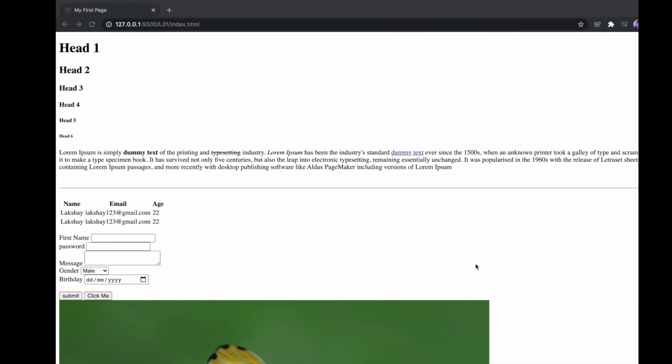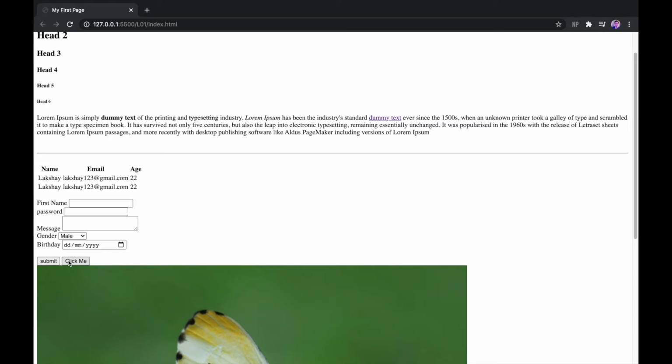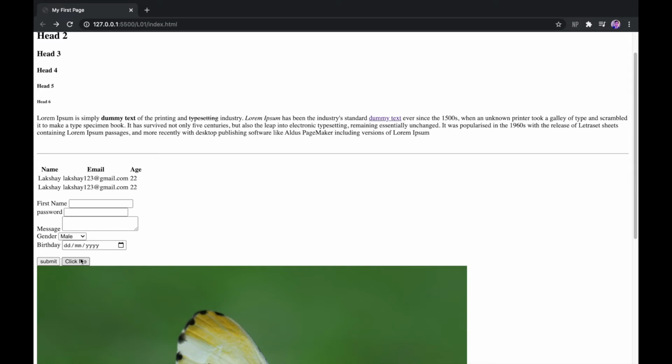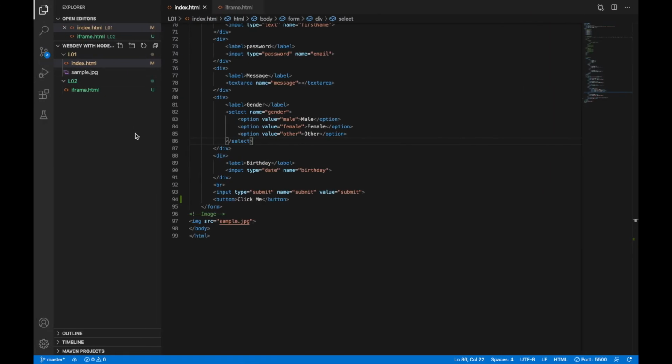So yeah, you can see there is a click me button which leads us nowhere since we haven't provided a link. This button tag is generally used with JavaScript, and we can put an action or a method to access this button and then provide a particular way forward for this button. So this was something that we missed in the previous class. I just wanted to put it forward so that you know that a thing like this exists.